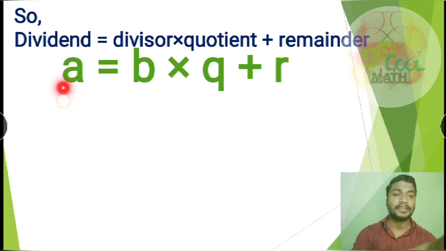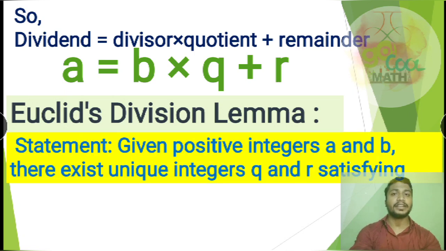Therefore the Euclid division lemma is nothing but a is equal to bq plus r. So ಇದನ್ನ ನಾವು Euclid division lemma ಅಂತ ಕರಿತೀವಿ. So that is the statement of this Euclid division lemma, that is